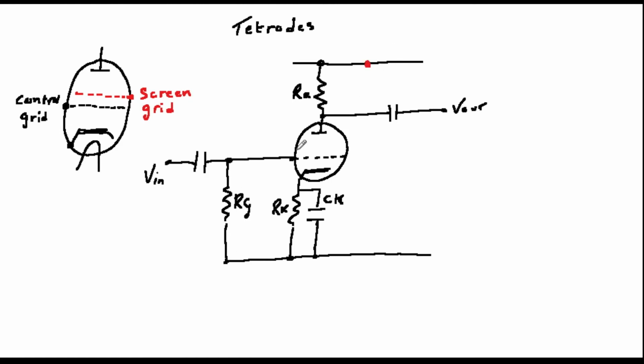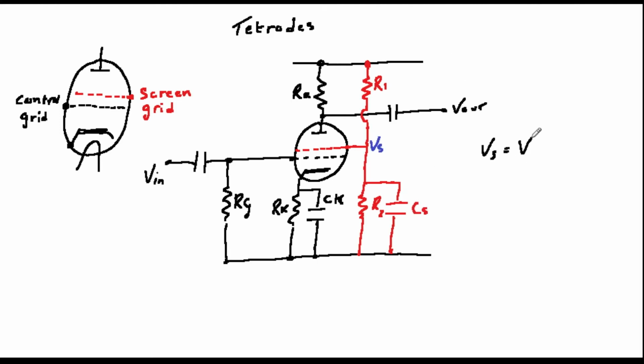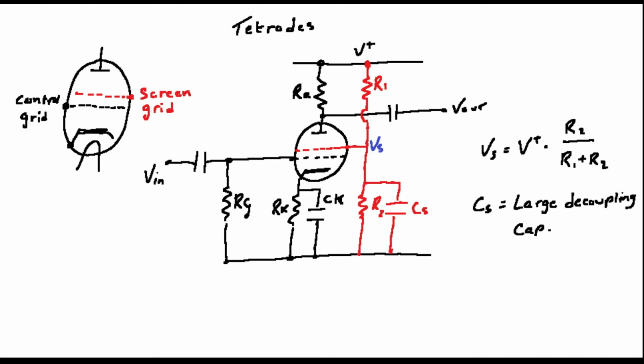Of course, like other valves, the construction is usually coaxial. The screen grid is connected to a DC voltage, as shown in the diagram on the screen. The optimum voltage is specified in a data sheet by the valve manufacturer. This voltage is set by R1 and R2, which are a potential divider. The purpose of CS is to make sure that VS is DC. It just provides a low reactance to the AC signals, sending them down to ground, rather like the purpose of